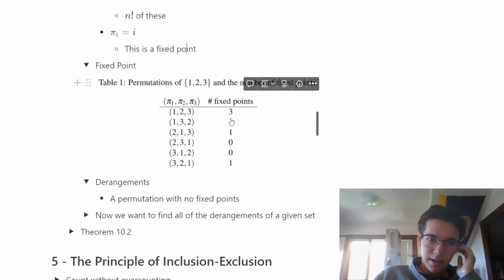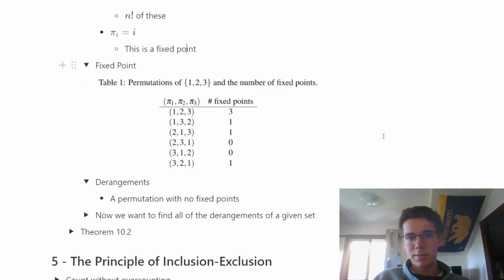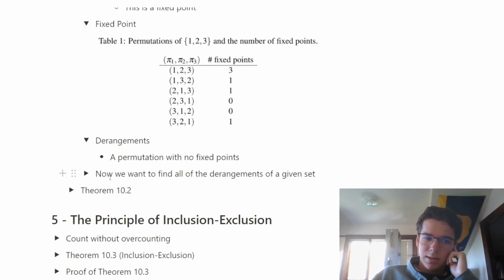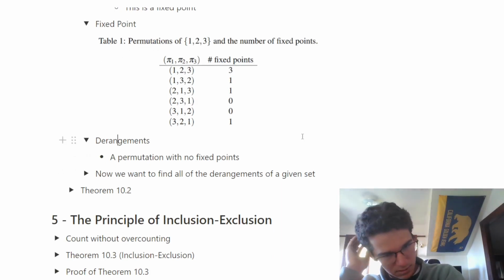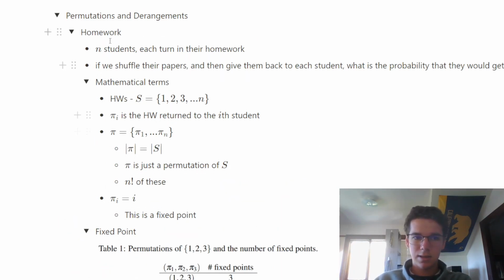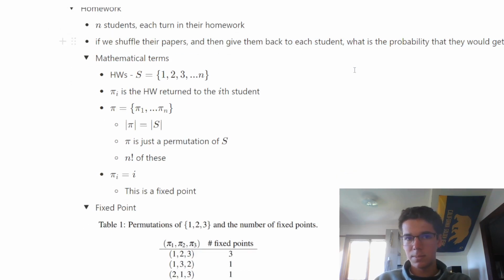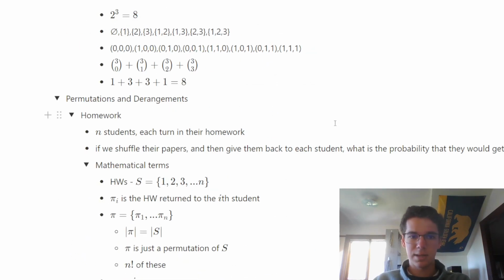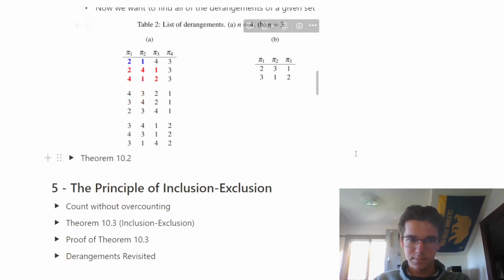Notice how you can't have 2 fixed points in a set of size 3, because if 2 of them are fixed, then the third one is left to just go to its own spot. Also, a permutation with no fixed points is a derangement. So these two examples right here are derangements. It's not really explained why, but we want to find the number of derangements of a given set. I guess that will help us in determining the probability, but I don't think we determine the probability. We're just introducing concepts surrounding this example. But anyways,